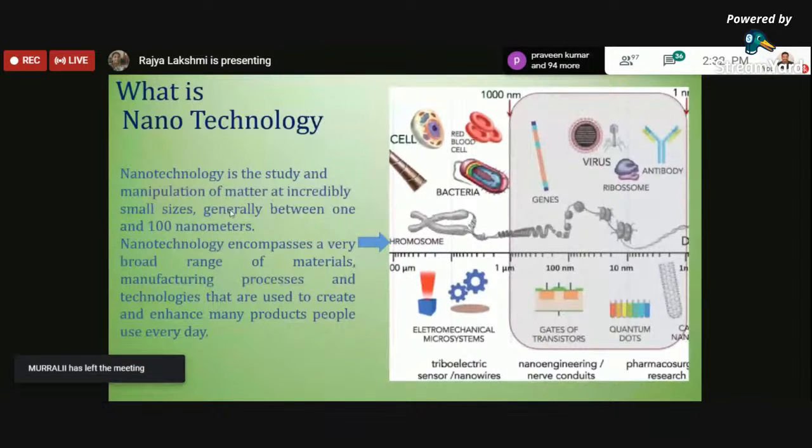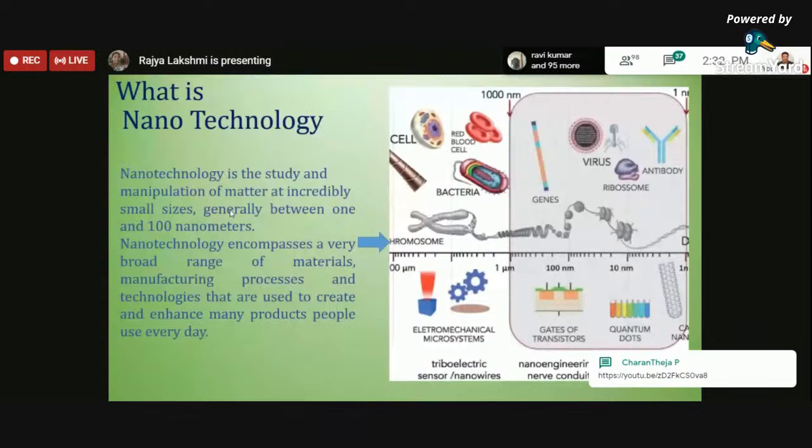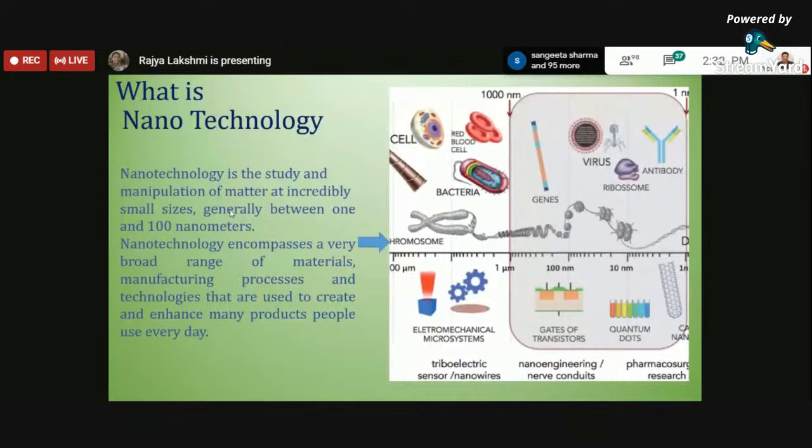Then wherever you are trying to refresh by listening to music, whether a DVD player or CD player or any other pen drive, whatever you use for listening to music, storage devices or any other thing. How is the particular device influenced by nanotechnology? So at each and every point, each and every minute of our life, it is completely influenced by nanotechnology.